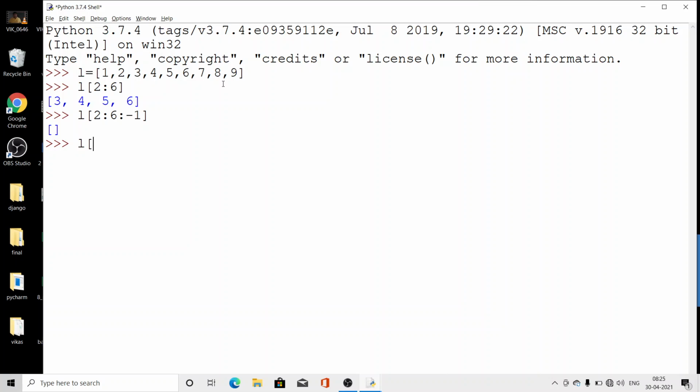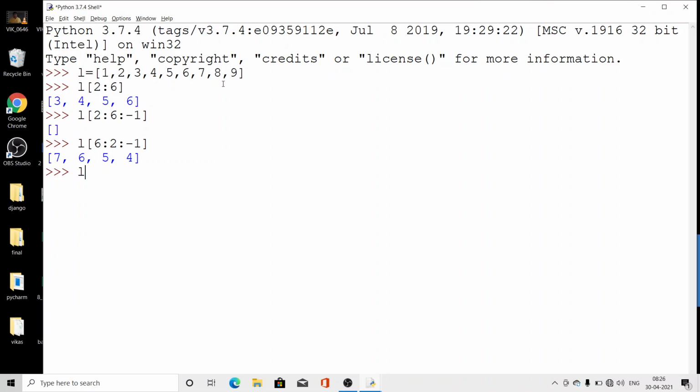From 6 to 2 minus 1. So it returned the values 7, 6, 5, 4 in the opposite direction. Clear? So whenever we are passing the opposite direction, we have to keep one thing in mind: the starting value must be bigger than the end value.